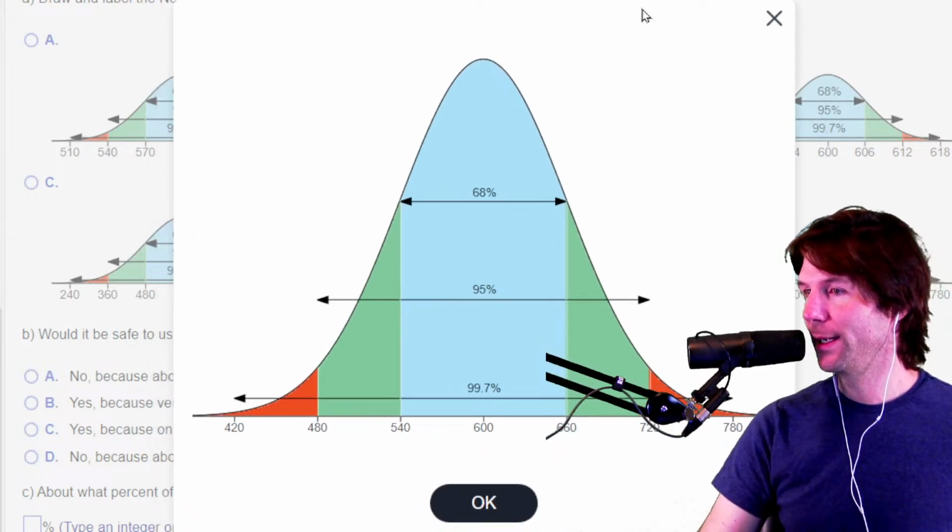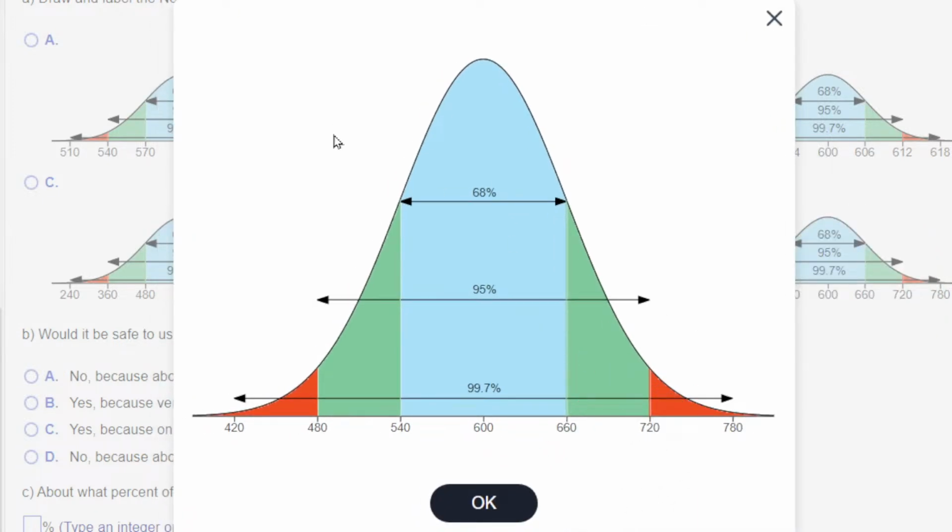The empirical rule. So the empirical rule says that within plus or minus 1 standard deviation is 68% of the data. Within plus or minus 2 standard deviations is 95. Within plus or minus 3 is 99.7. So looking at this, you can easily tell from this graphic that a standard deviation is how much. Drawing the standard normal curve here might help.